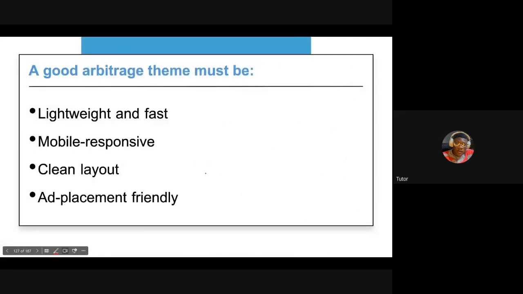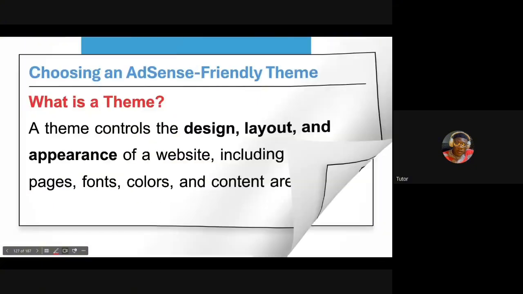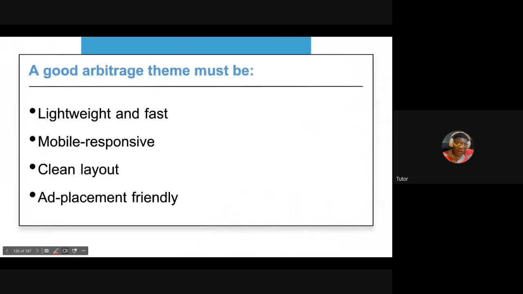Now, a good arbitrage theme must be this. Before you use any theme for your arbitrage blogging, make sure that the theme has this. The theme must be lightweight and fast. The theme must be mobile responsive. The theme must have a clean layout. And lastly, ad placement friendly. When we talk about ad placement friendly,